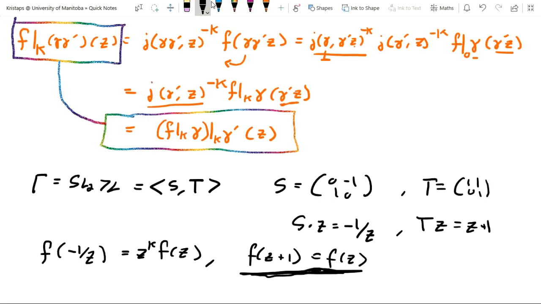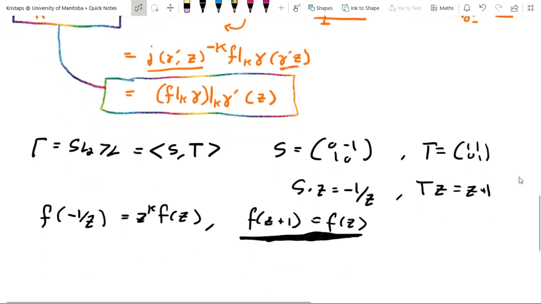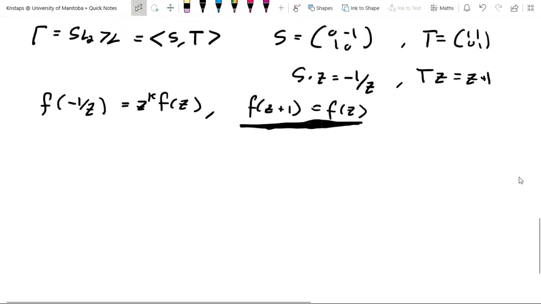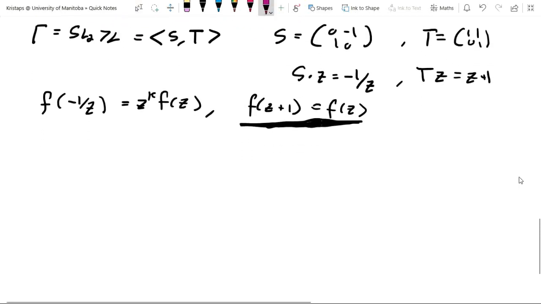So this tells us, the second condition tells us that all our functions are periodic of period 1, at least in terms of the real numbers, and this will have consequences for us in the next video when we talk about Fourier series and the importance of that to the general theory. So now to take the next step from weakly modular functions to modular functions, let's consider a map Q, which